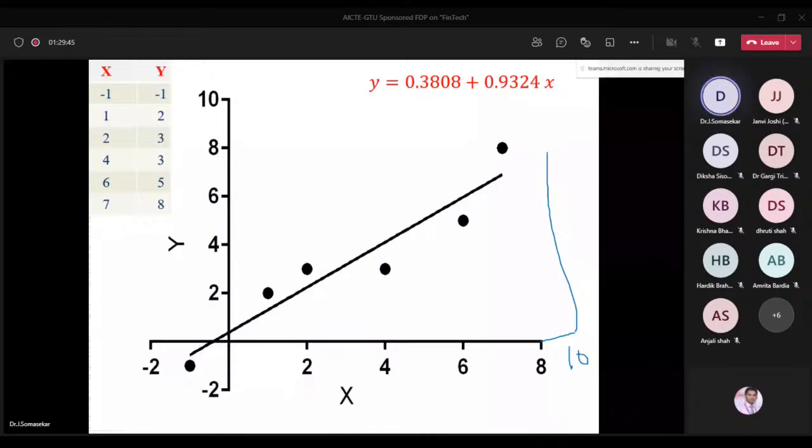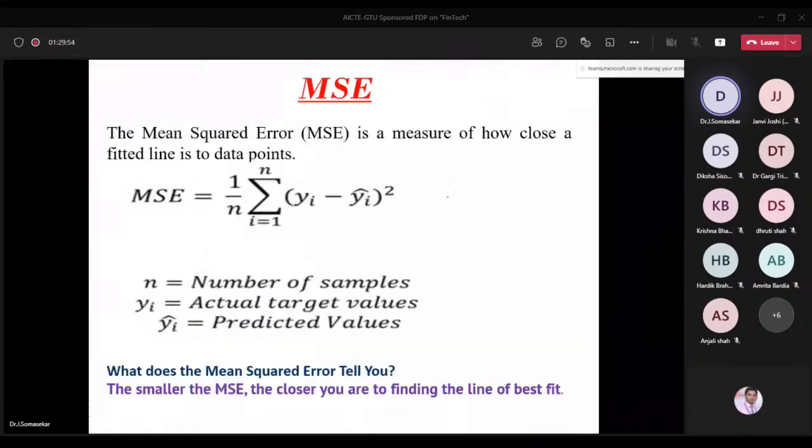So MSE, here the formula is: Y value, let us assume this is the actual value, X value. I will give X value, Y value, Y cap is nothing but the predicted value. Suppose X value 1, Y value 3, my predicted value is 2.5. X value 2, Y value 4, my predicted value is 3.9. So when you see the difference, when X equal to 1, the difference is 0.25, that is the error. When you see the second one, 4, 3.9, 0.1. So that means actual value minus estimated value whole square.